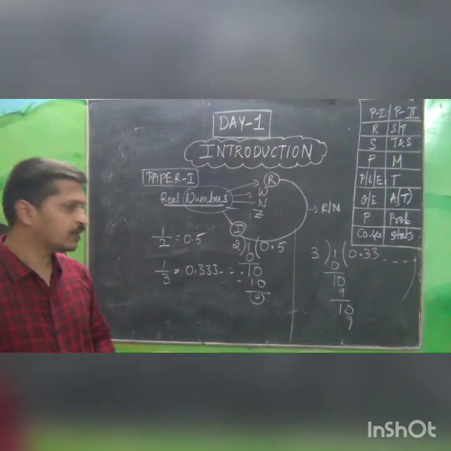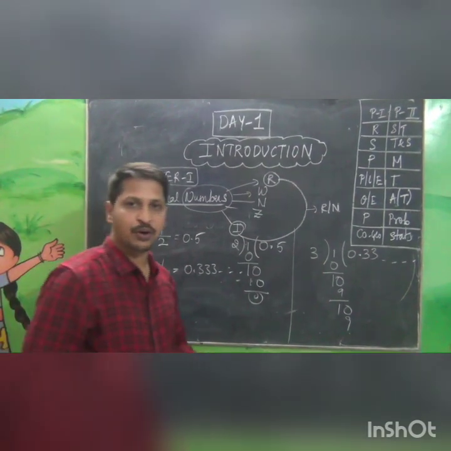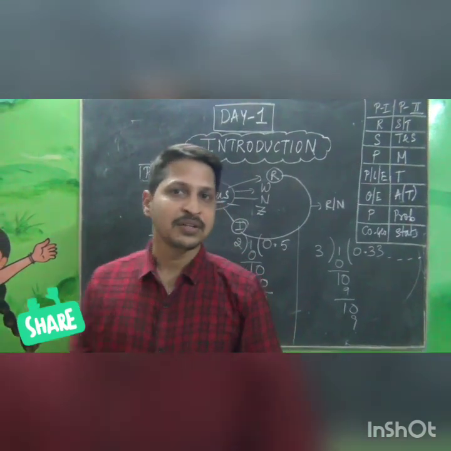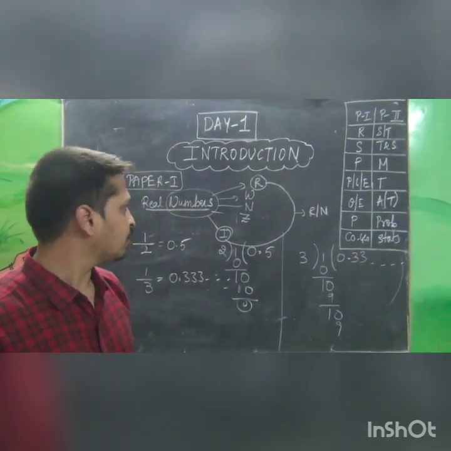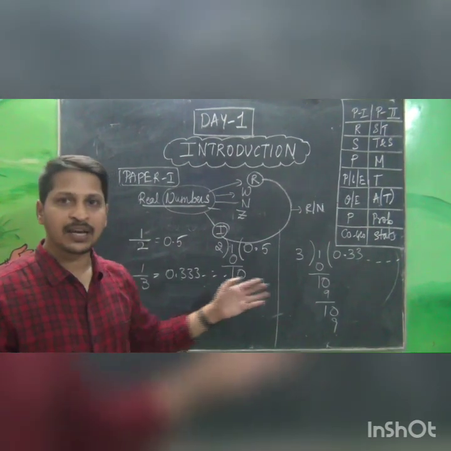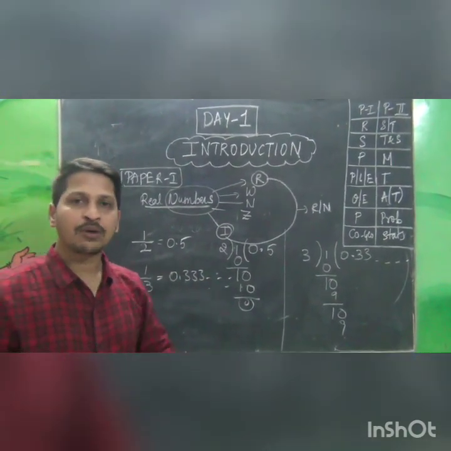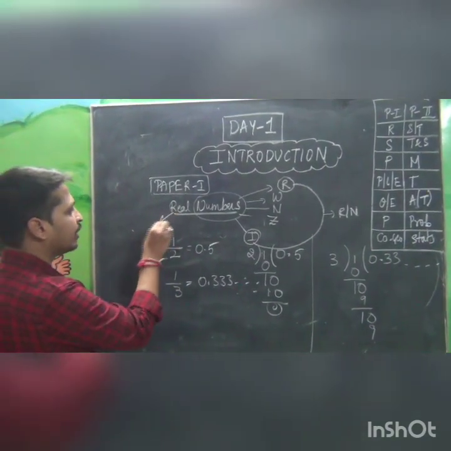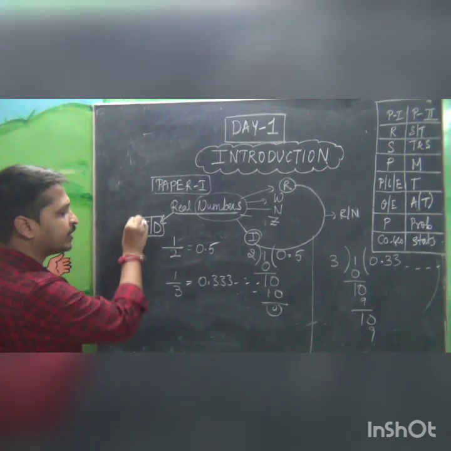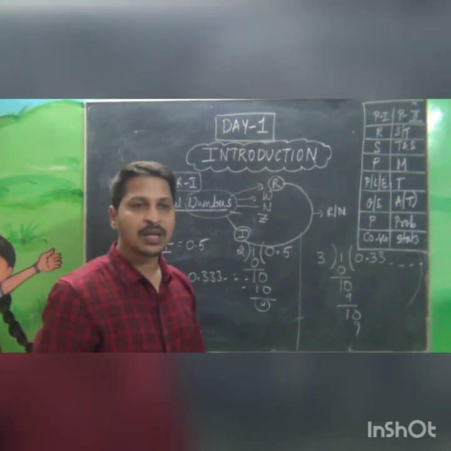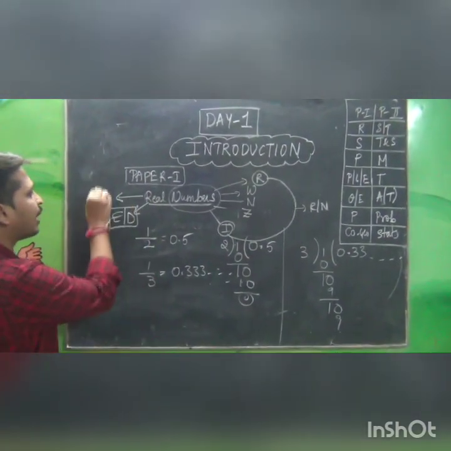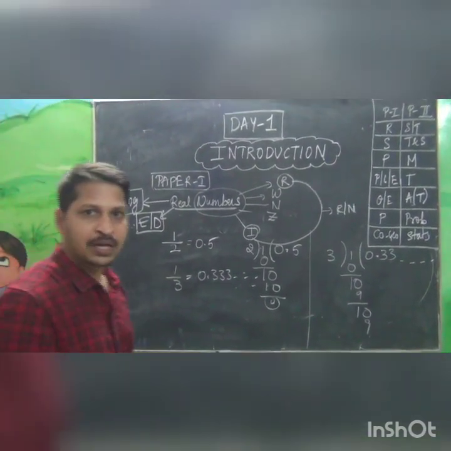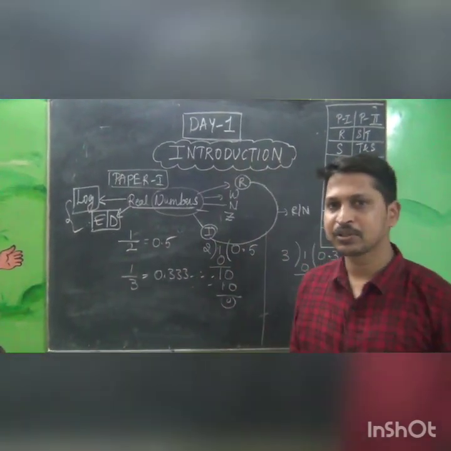In depth we will learn, and also we have shortcuts and formulas for how to do terminating and non-terminating decimals. As I told, numbers and terminating and non-terminating decimals we have discussed. Along with that, in chapter 1 we have Euclid division, which we will go into in depth when we are discussing the chapter. And another new concept, logarithms. These two are pretty new for you, and we will go through them when we discuss the chapter.